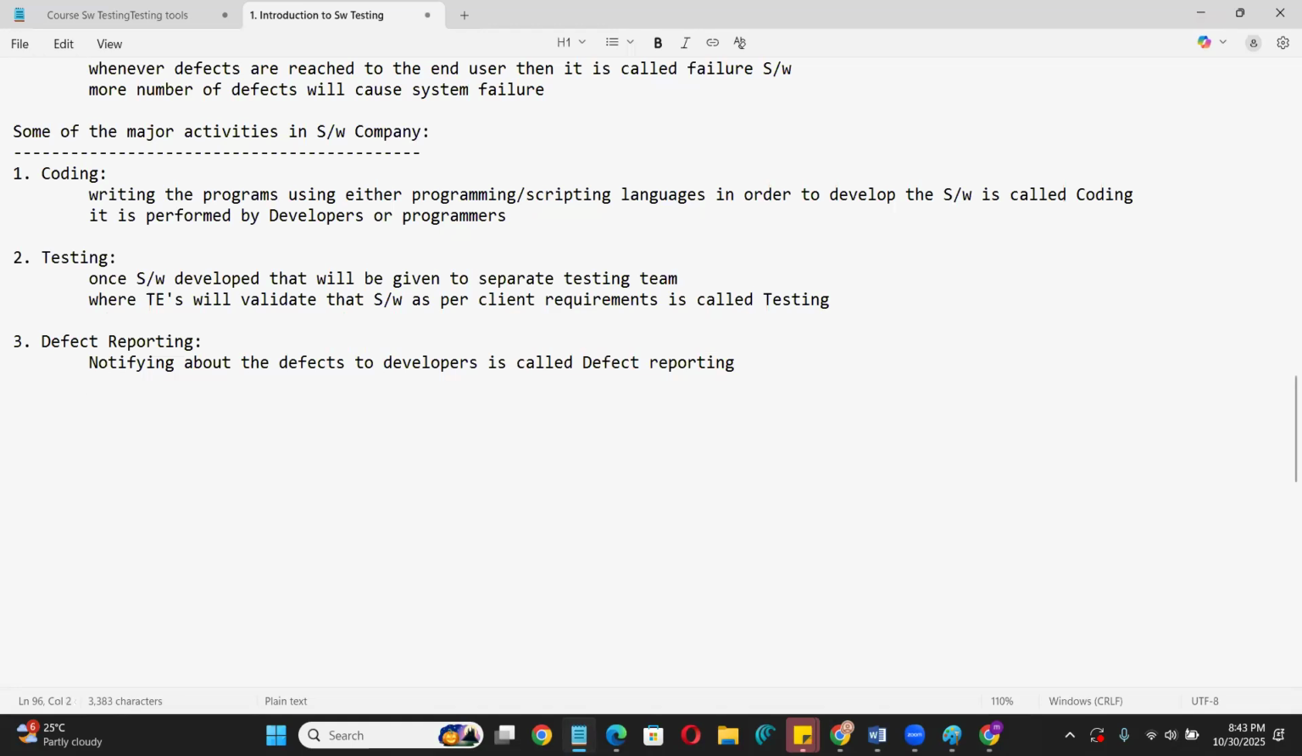Notifying about the defects to developers is called defect reporting. It is performed by test engineers. We are reporting. Then we have the